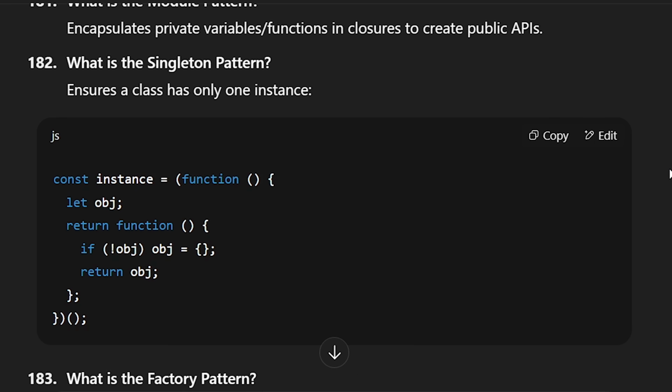182. What is the Singleton pattern? Ensures a class has only one instance. const instance = function() { let obj; return function() { if (!obj) obj = ...; return obj; } }